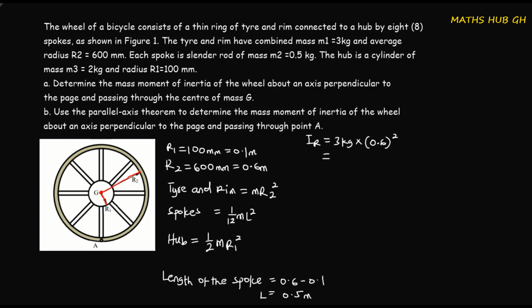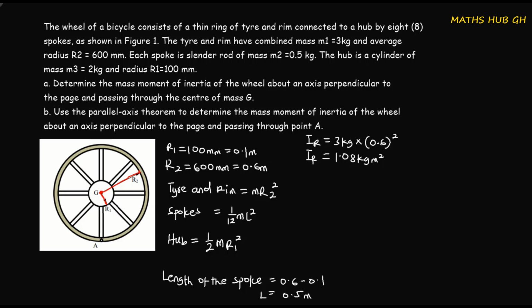So let's simplify this and see what you get. So 3 times 0.6 squared, that gives me a value of 1.08 kilogram meter squared. So this is for the mass moment of inertia of the rim and then the tie combined. So now let's find the mass moment of the spokes. So for the spokes, you are going to